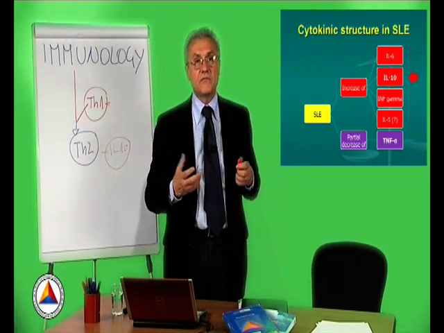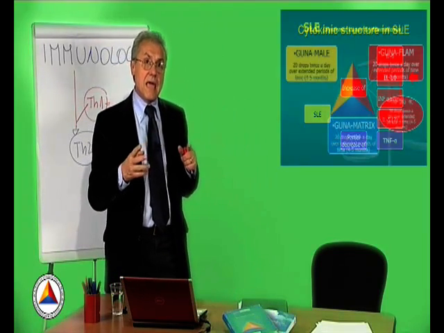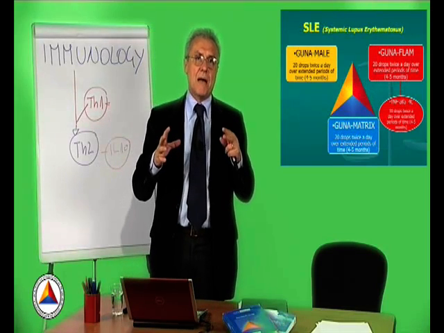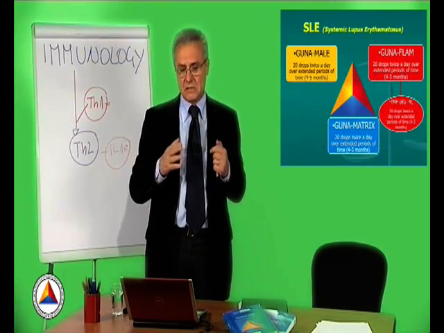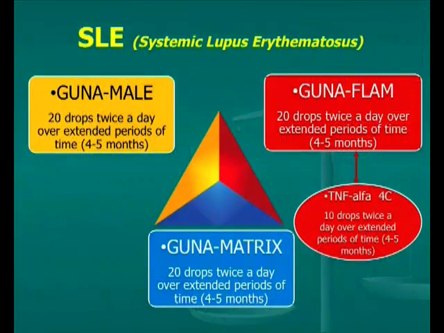The level of the anti-nuclear antibodies will tell us whether disease is regressing or not. The other drug that is very important is Guna Matrix, because it is a question of dealing with the abnormal inflammation of the extracellular matrix. So we must work specifically to cleanse the extracellular matrix, and we will therefore need 20 drops of Guna Matrix, morning and evening, here again to be taken like the Gunaflam for a very prolonged period of time, while carefully following up the evolution of these anti-nuclear antibodies, which are specific markers of this disease.